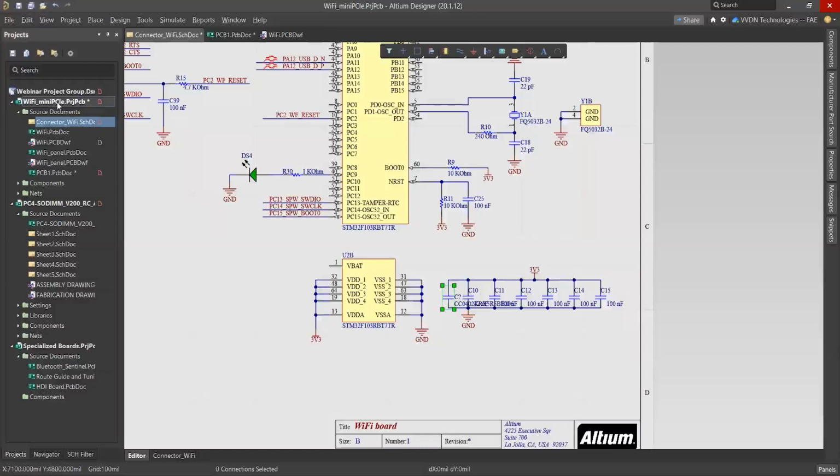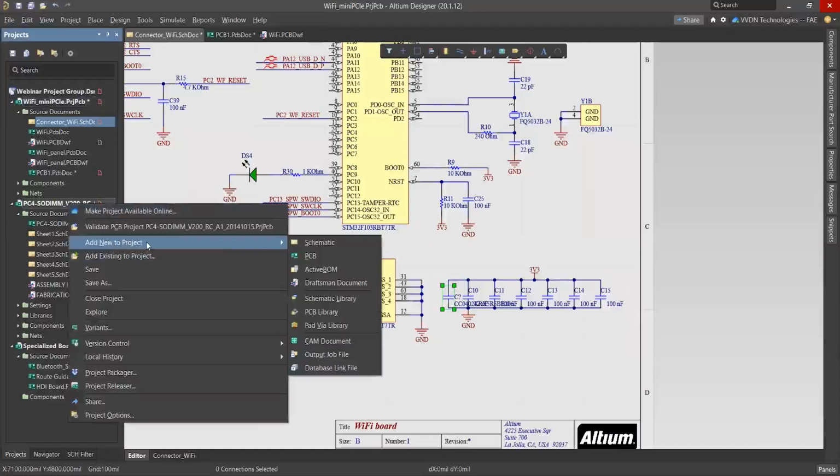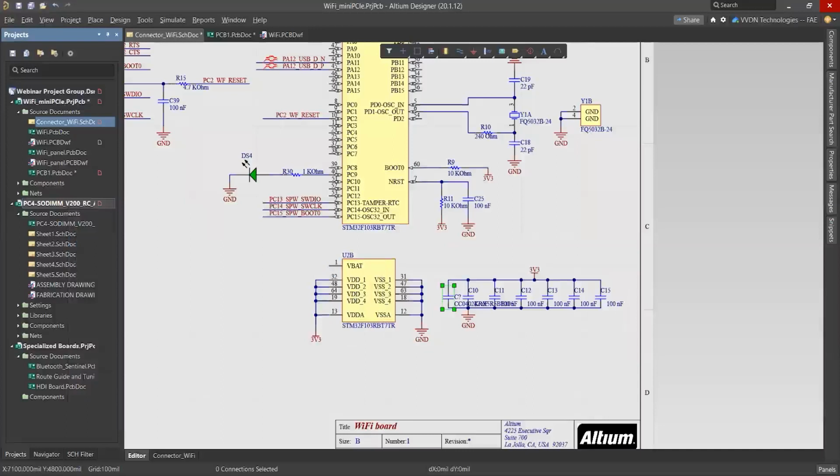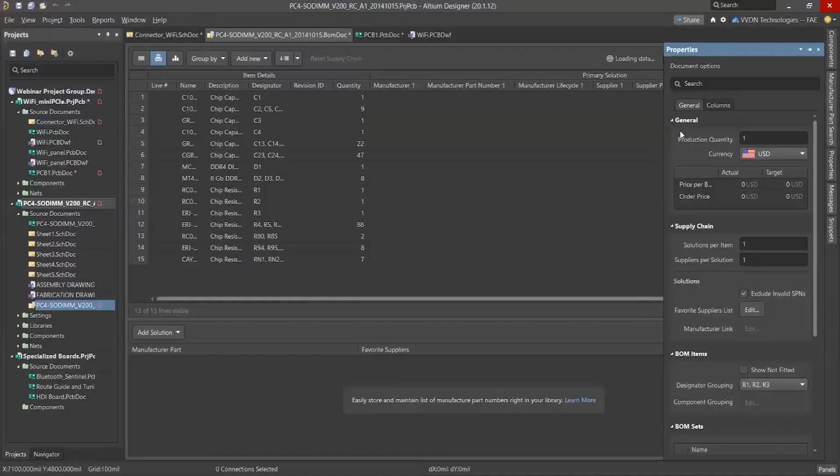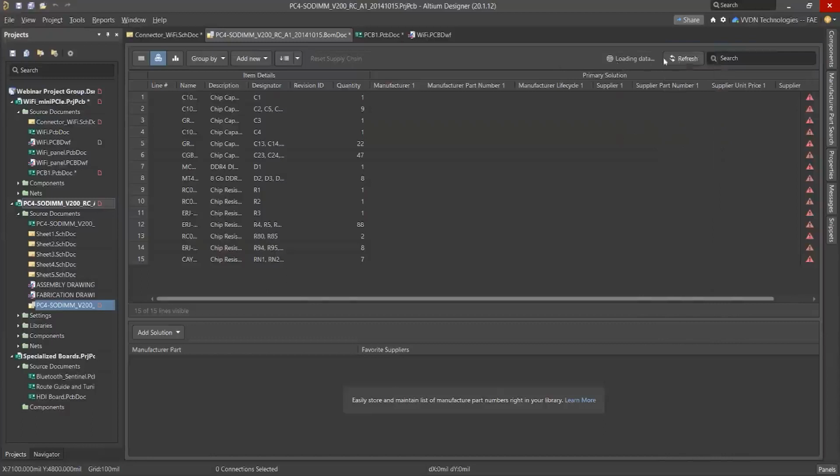Here you can see under this project, you can click, and you can see Add to New Project and the Active BOM option. You can click on that. Again, an internet connection is required, and Altium Live login credentials are required. It will fetch the data from the internet.